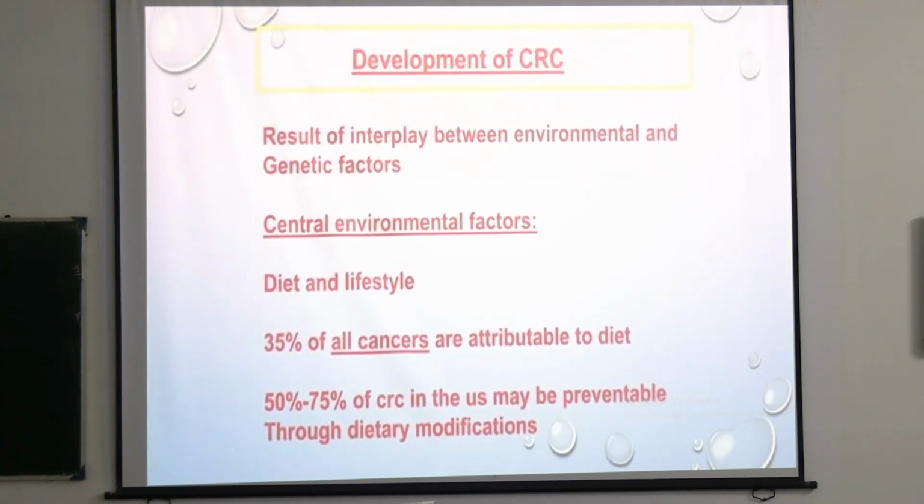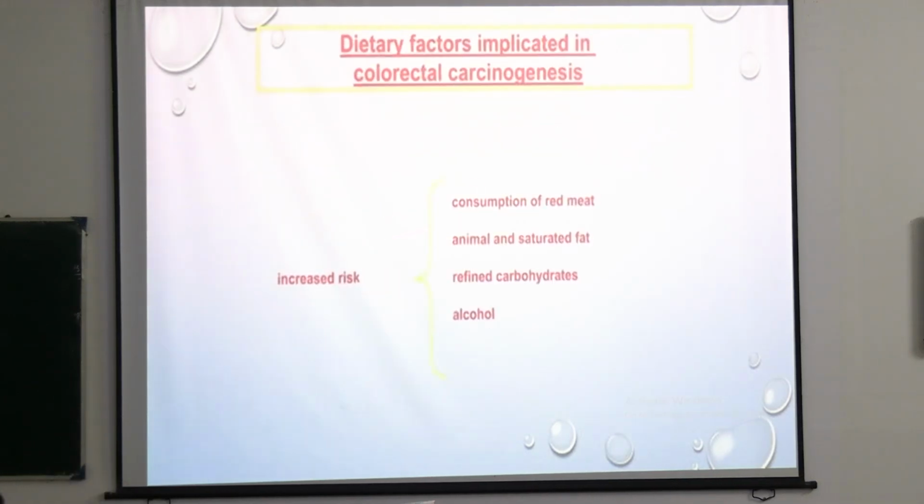There are also environmental factors and genetic factors, and most, 35% of the cancers, are related to diet and lifestyle. And this diet and lifestyle, these are modifiable factors. So if you modify the diet and the lifestyle factors, then there will be a reduction in the cases of cancer. So consumption of red meat, animal fat, refined carbohydrates, alcohol, these are all related with increased risk in the